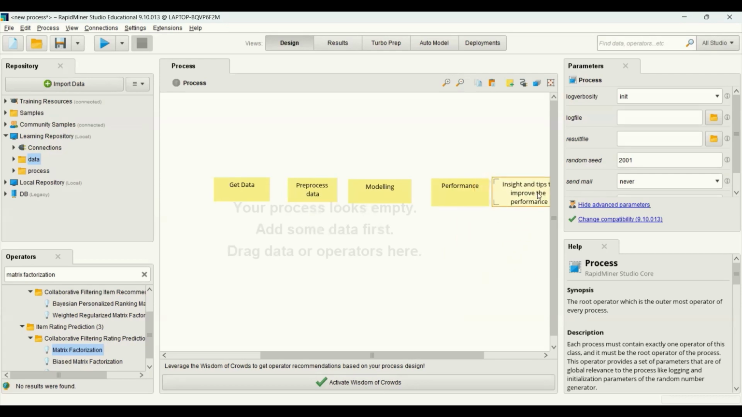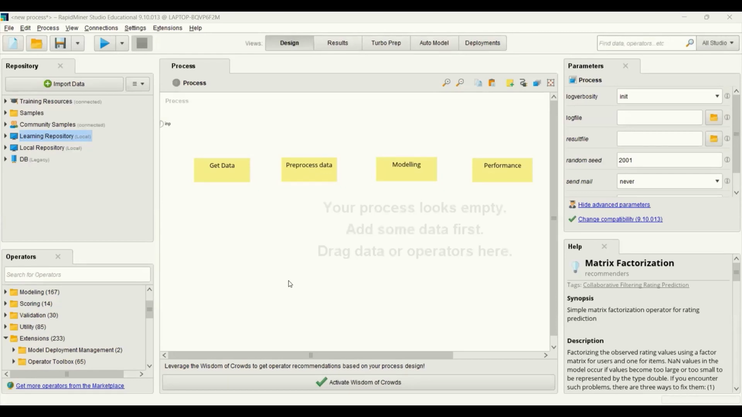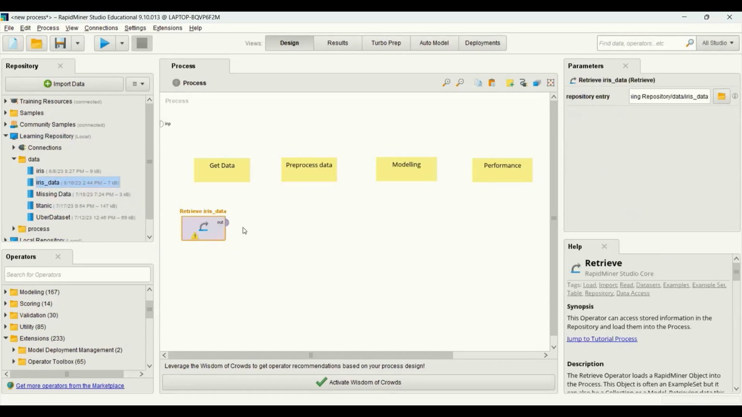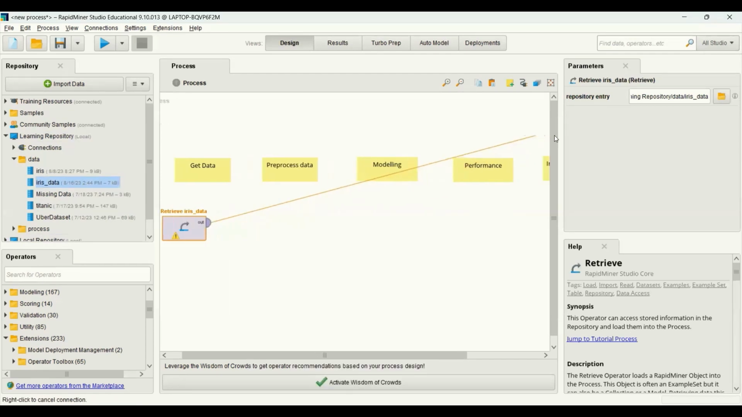So let's get started. The first step is to get the data. The data set that I have is about iris data, which can be found on the internet, and I will put a link in the description. But I saved the data in learning repository, and it is in the data folder. It is called iris data. Simply, I grab it and bring it to the panel, and I want to take a look at the data first. So I need to connect it to the output